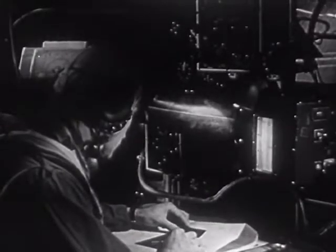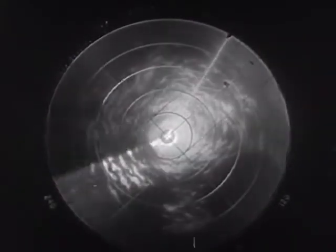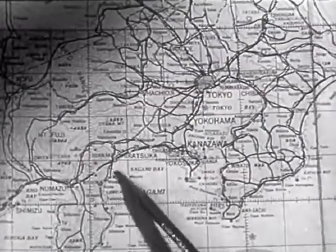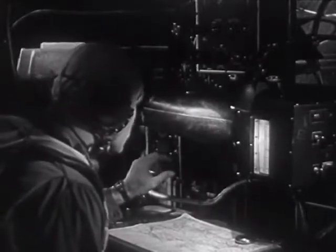The moment for decision has arrived. The moment when the target must be singled out from hundreds of other invisible targets. Coastline with a large city. A peninsula jutting out in a bay. The city, Tokyo. This is the general target area. Northwest of Tokyo lies the specific target, the Kyushu aircraft factory at Kawago. A flick of the switch isolates the target image. And here it is, one tiny speck of light, the focal point for hundreds of giant bombers, for 1,000 tons